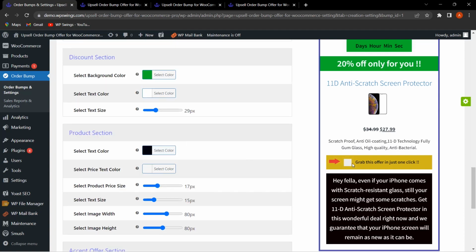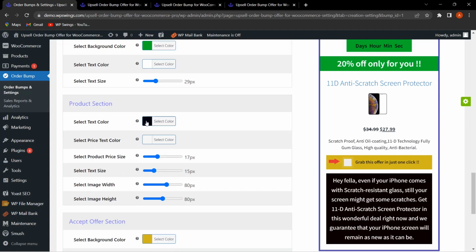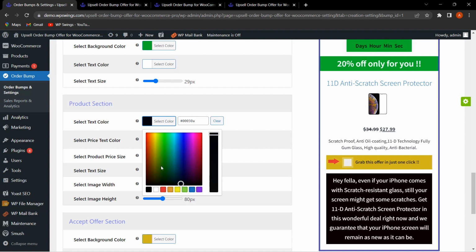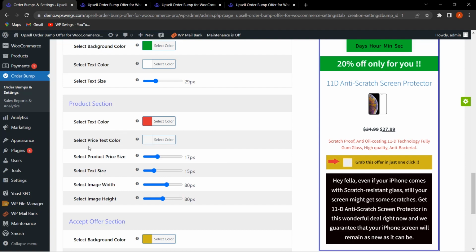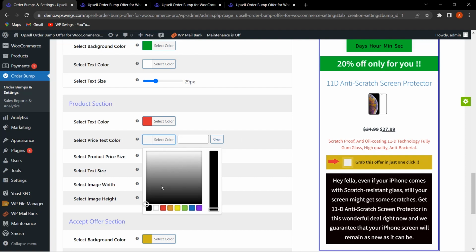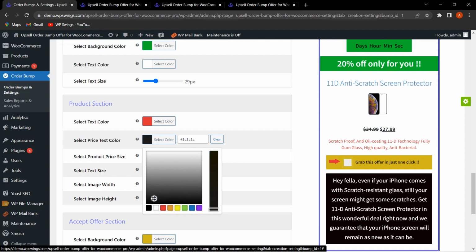Next is product section. So from here you can easily select the text color like this, as you can see. So in this product section you can easily select this text color by changing it simply as per your requirements. So you can change the text color, as well as select the price text color, like whatever the price it is showing. From here you can select the particular text color of the price. You can easily select the text color price from here, as you can see that it is rapidly changing when we are scrolling,